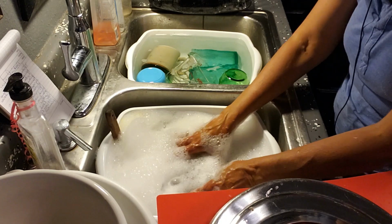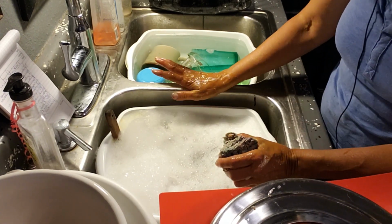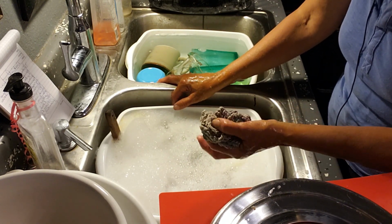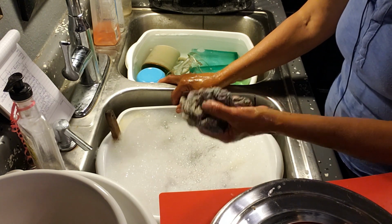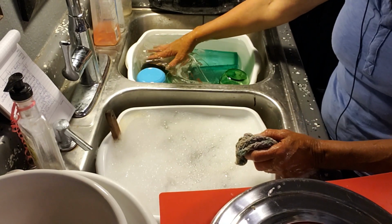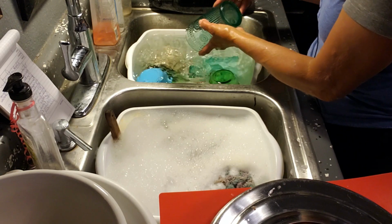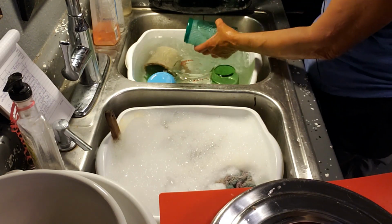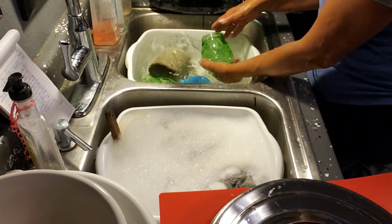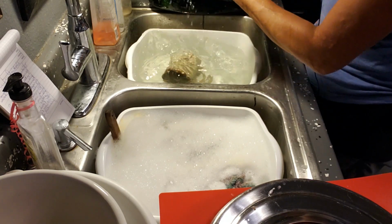When I get all the glasses done, I check to make sure I have them all done. Now, I use tubs inside my sink because you use less water. You might think it's not that much water, but over a year's time, it's a lot of water. And a lot of times my rinse water, I will use on my plants. The dishwater, I'll use on my fruit trees. So what I like to do is put all of my glasses into my drainer